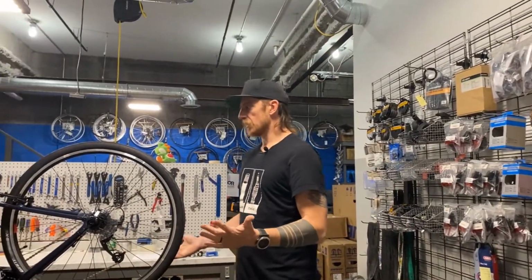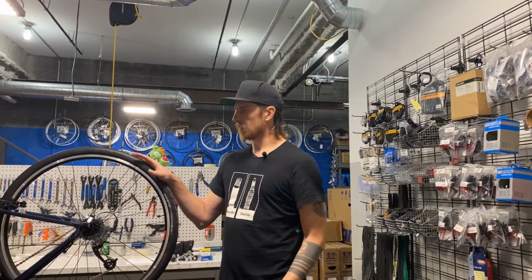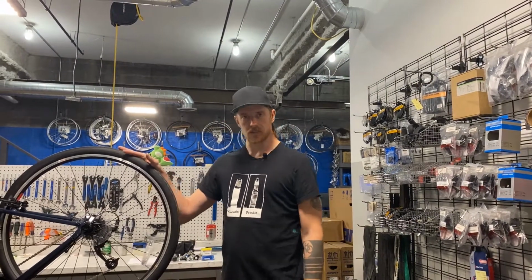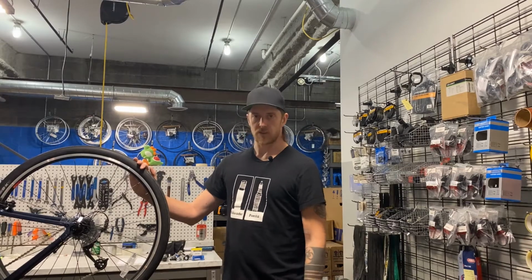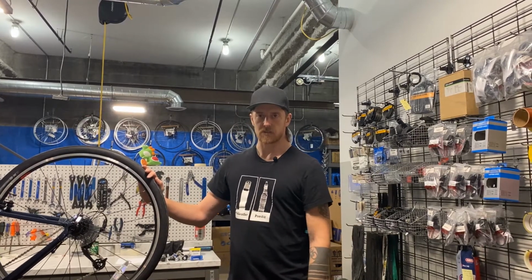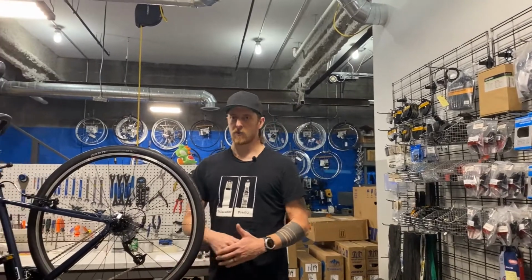But that is basically it. You've now fixed your own flat tire and you can get back on your ride. All these little tricks aren't that difficult, and with a little practice you can become proficient in them. And having the ability to do this stuff yourself is going to open up a much broader range of riding experiences, because you'll now be self-sufficient and you'll be empowered to go out and ride further,